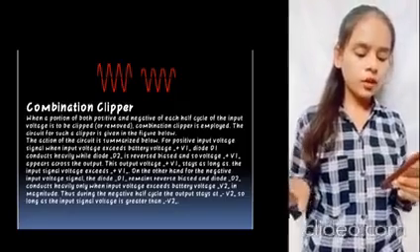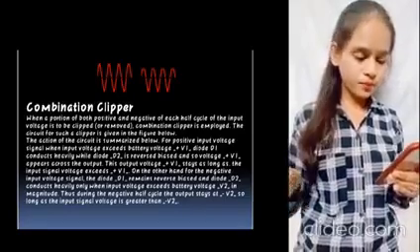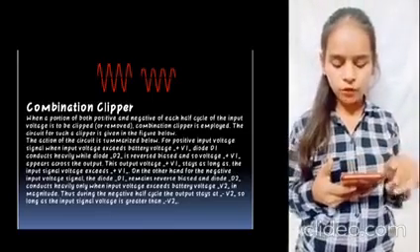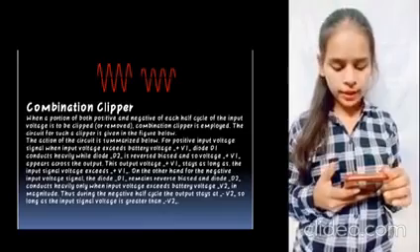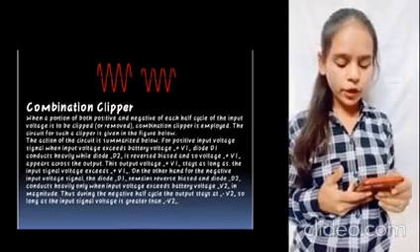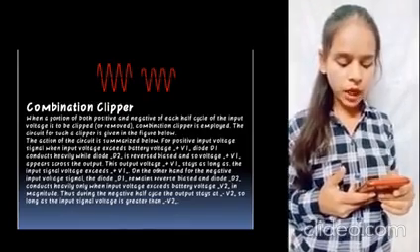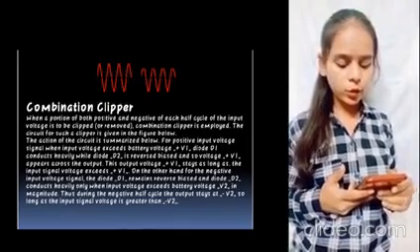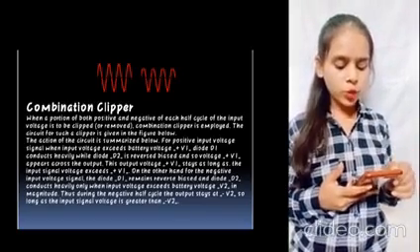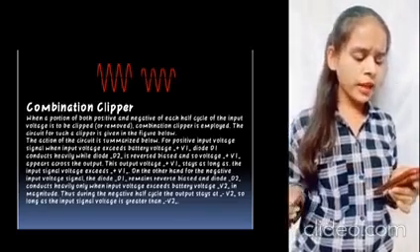Combination clipper. When a portion of the positive and negative halves of each cycle of the input voltage is clipped or removed, a combination clipper is employed. The circuit for such a clipper is given below. The action of the circuit is summarized below. For a positive input voltage signal, when the input voltage exceeds battery voltage plus V1, diode D1 conducts heavily while diode D2 is reverse biased, and so voltage plus V1 appears across the output. This output voltage plus V1 stays as long as the input voltage exceeds plus V1.